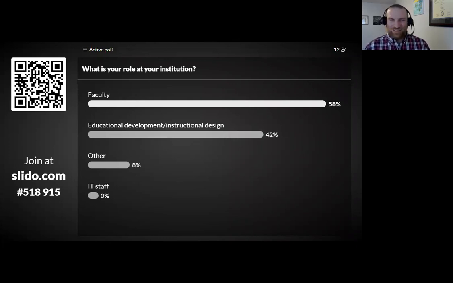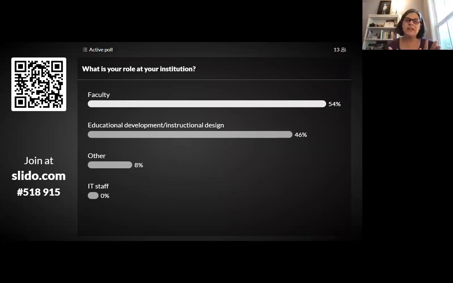Give a couple more seconds for folks to respond there. Do leave that open. I've got just a couple more questions very briefly that will appear as we go to the next slide. Looks like we have a nice mix of faculty, educational development, instructional design, and our other OER coordinator. Awesome. We love OER. So fantastic.